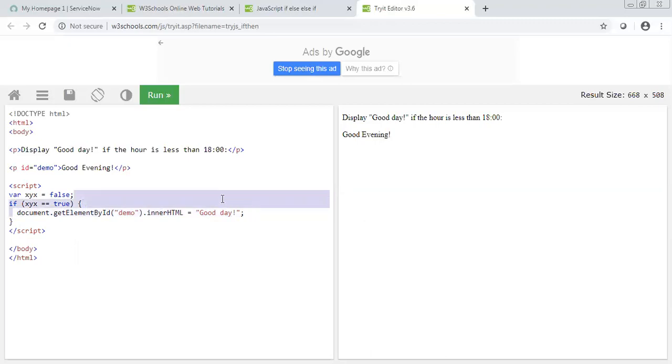Will this execute in this scenario? No, because it is false, so the code will not run. Whatever is written inside will not run. If we set it as true, then once the code comes to this line, it will execute whatever is written inside. So this is how if works.